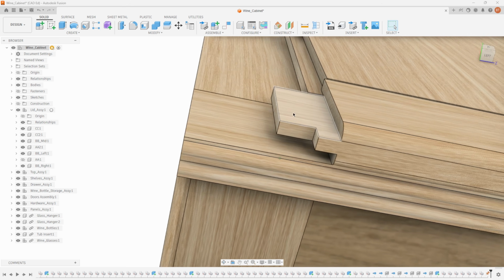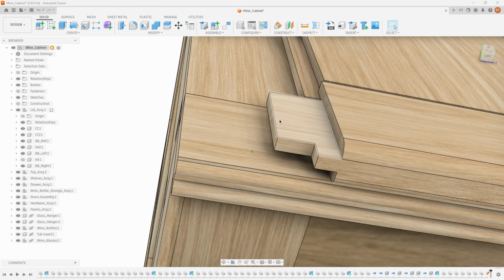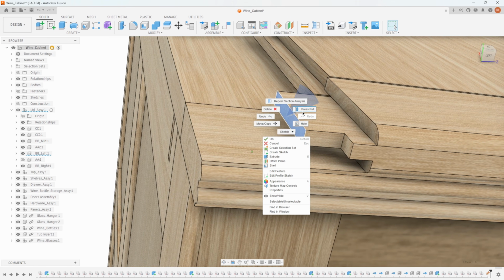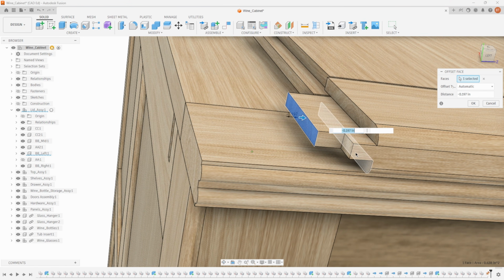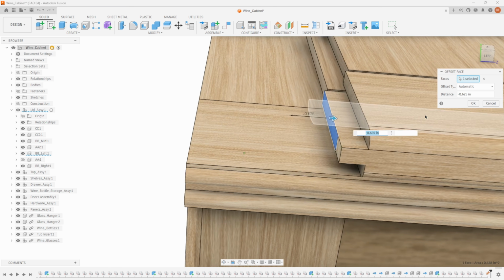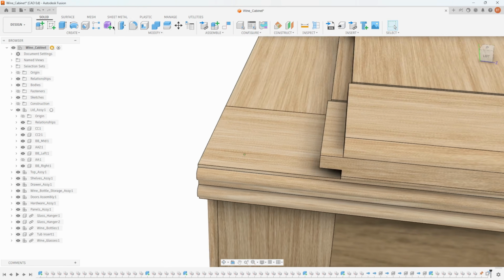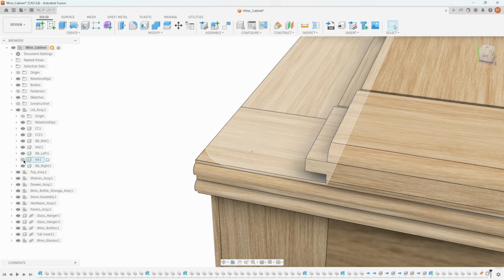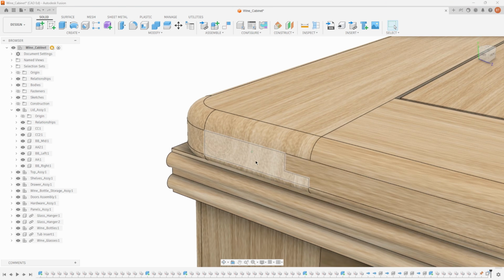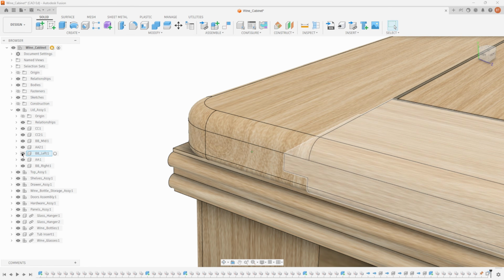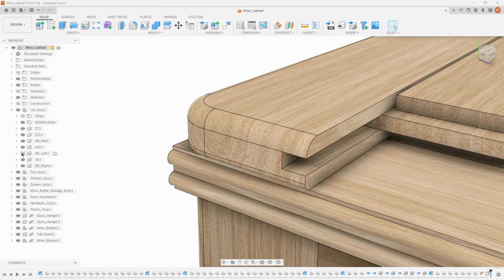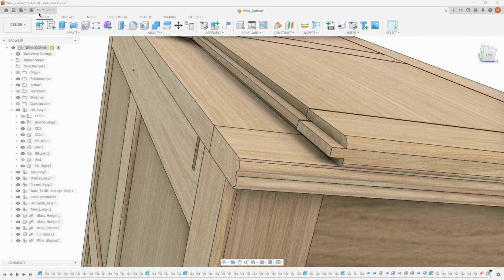So I would either need to change what this looks like. So for example, I'm just going to show one solution would be to change the tenon so it looked like this. So then it would fit into that mortise there, like so. Or